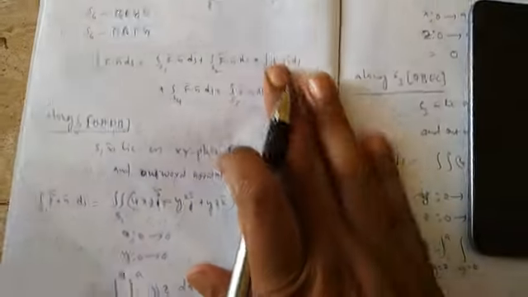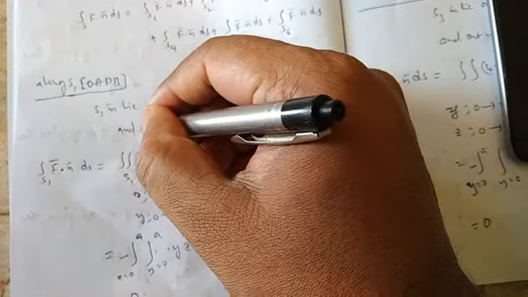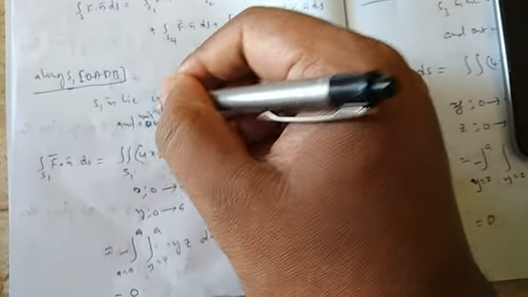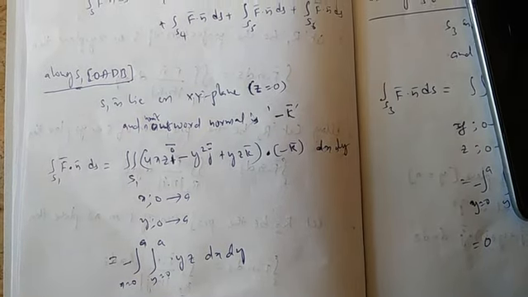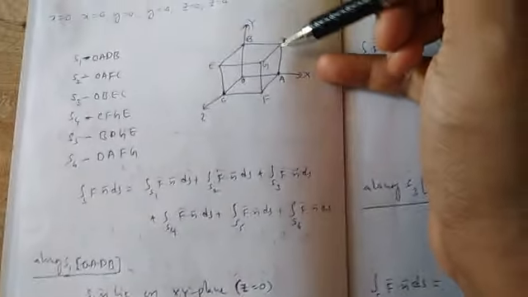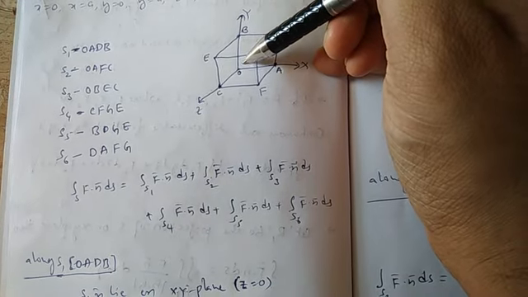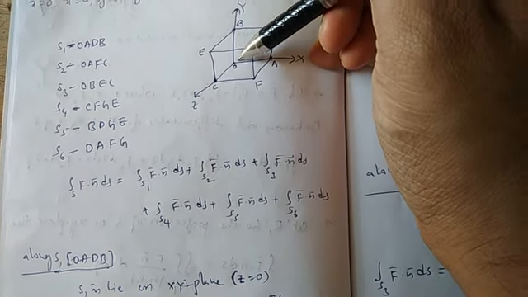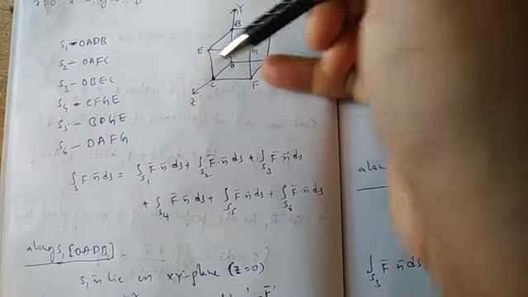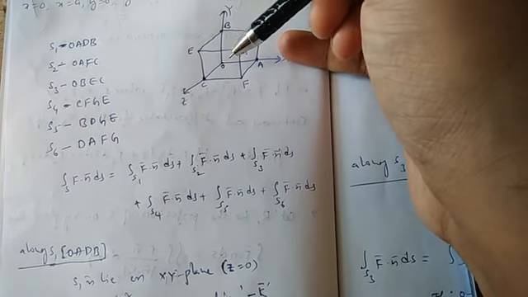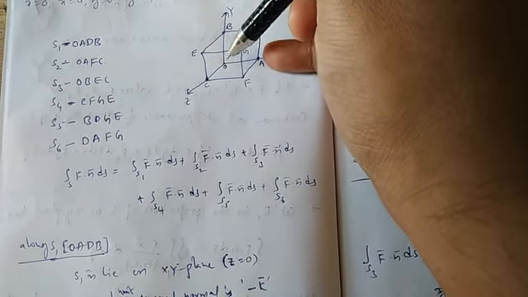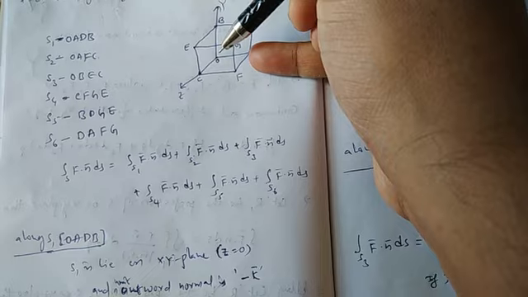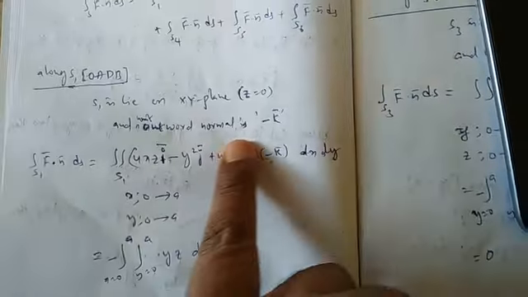Then the unit outward normal, better you say here, unit outward normal. What is the unit outward normal? For a surface lying on the xy plane, the unit outward normal is minus k, right? Now plus k is an inward normal. Okay, we need to find the outward normal. Outward normal is the reverse direction of this z. Now k is an inward normal. Outward normal is minus k. Now unit outward normal is minus k.